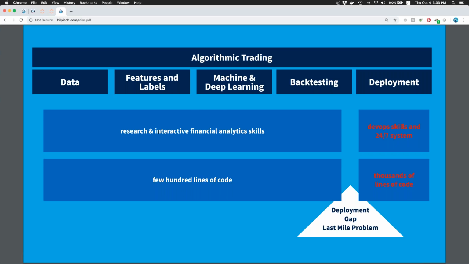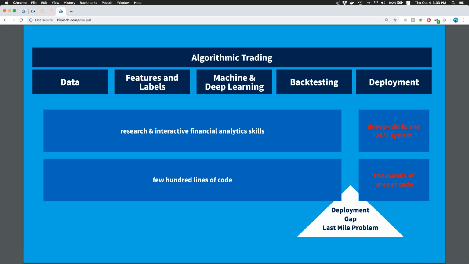They say, well, I'm now skilled at research and interactive financial analytics, and this is what I can come up with. And the result of this first major phase, where I say, well, now I've got the milestone, I have my strategy, might be a few hundred lines of code. Let's say 500 or 700 lines of code that you come up with. And then there is the deployment gap, the last mile problem, because once you want to deploy it, you need